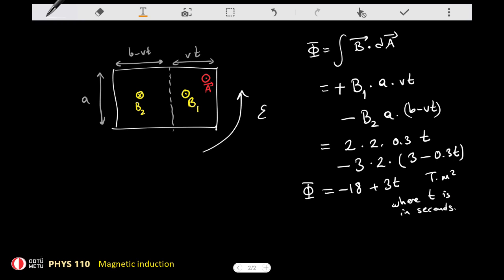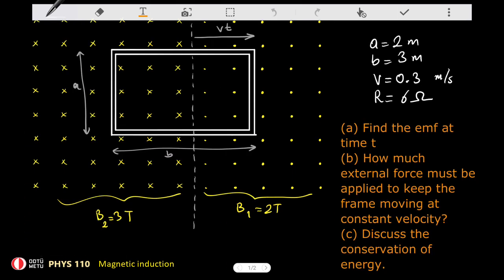So therefore, the EMF is equal to, by Faraday's law, minus 3 volts. So it is minus 3 volts along that direction. Or if you want, it is plus 3 volts along the opposite direction. So the positive current is going to flow in the clockwise direction. So that's basically the most important part of the problem. By using Faraday's law, just compute the EMF. Next,